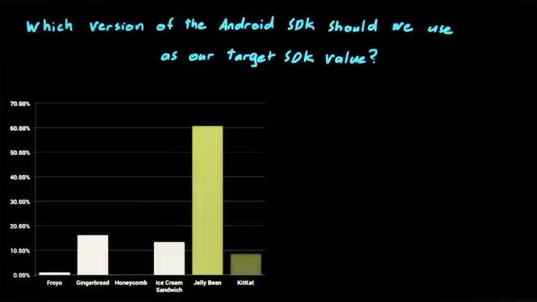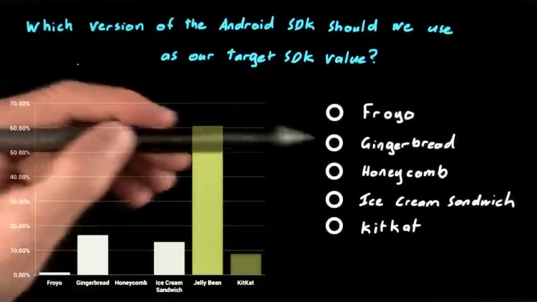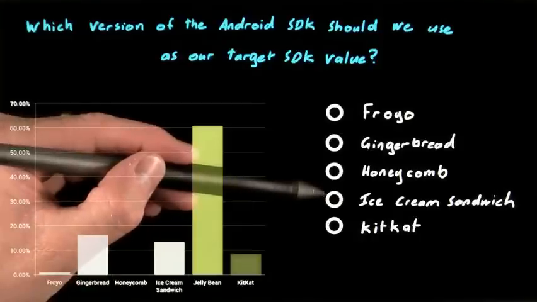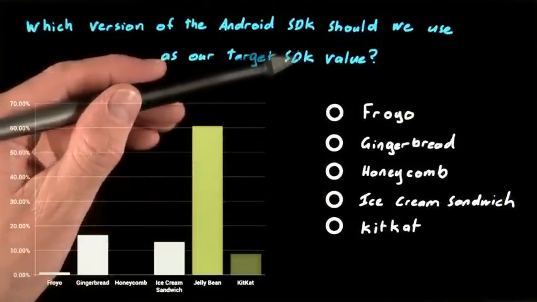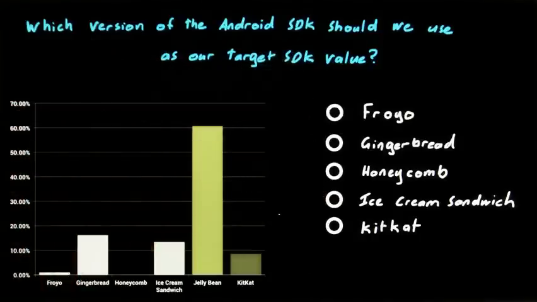If you're developing a new app, there's really no reason to target anything but the latest Android version. And once your app has been released, make it a point to update your target SDK and test as soon as possible when new platform releases roll out, so you can take advantage of every new platform optimization and improvement it has to offer. The distribution and latest version of Android changes frequently, but based on this graph, which version of Android should be the target SDK to provide the best experience on the largest number of devices?